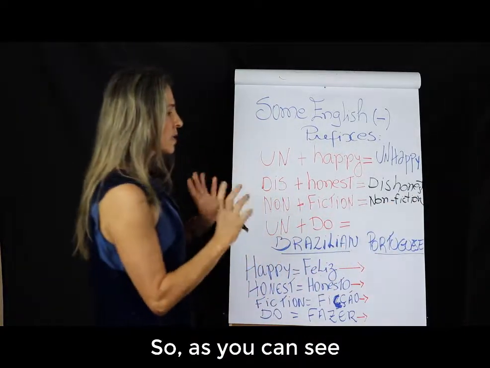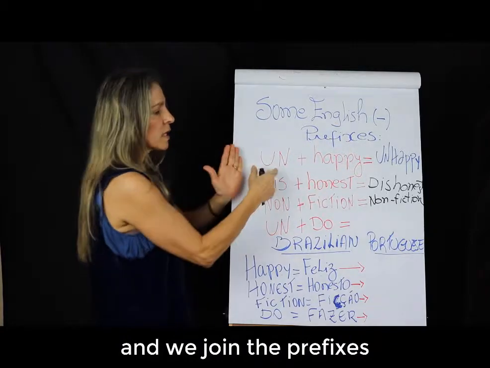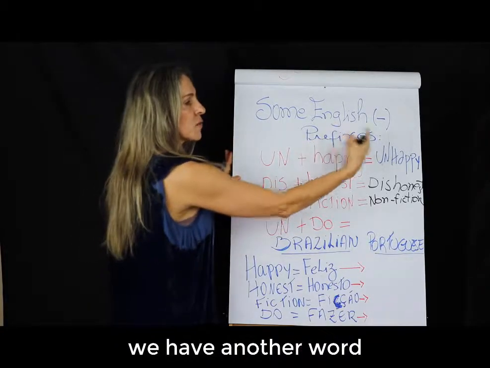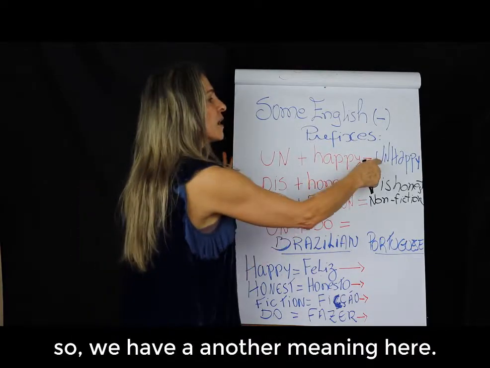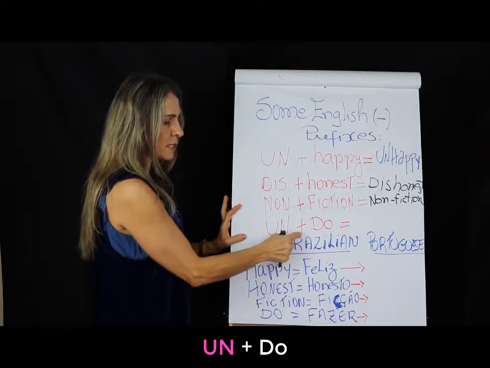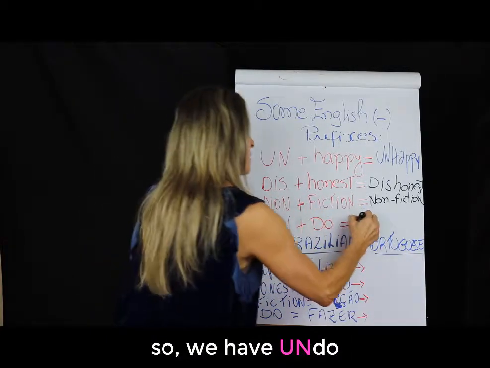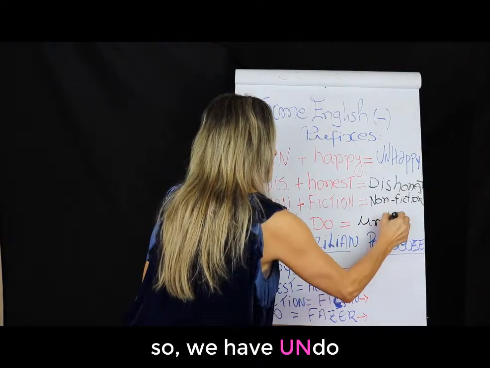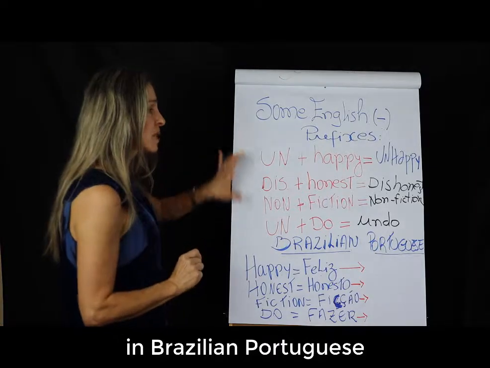Okay, so as you can see, when we have a word, for example, happy, and we join the prefixes, we have another word with a negative idea. Okay, so we have another meaning here. Another one, un plus do, the verb do. So let's join. So we have undo. So you can see it's a negative idea, okay? So in Brazilian Portuguese,